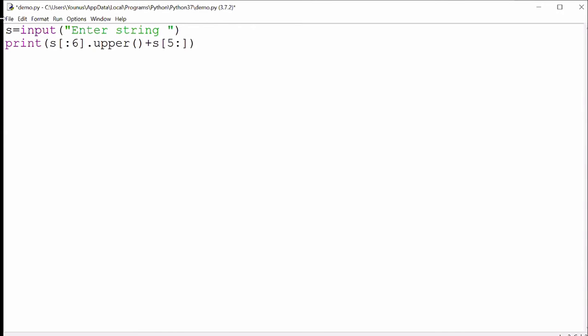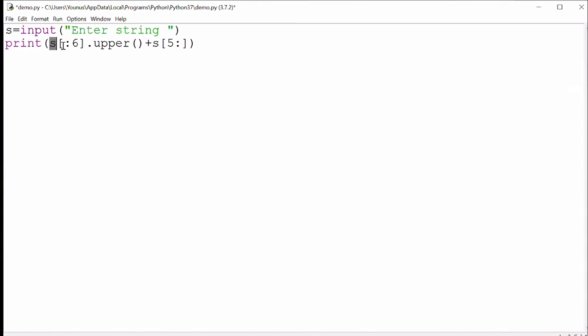That's all, just one line of code. This is my string object, and to that string object I'm calling upper. That's what I told you, a method has to be called on the object.